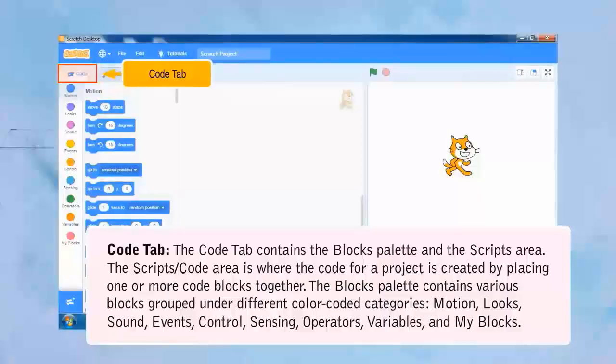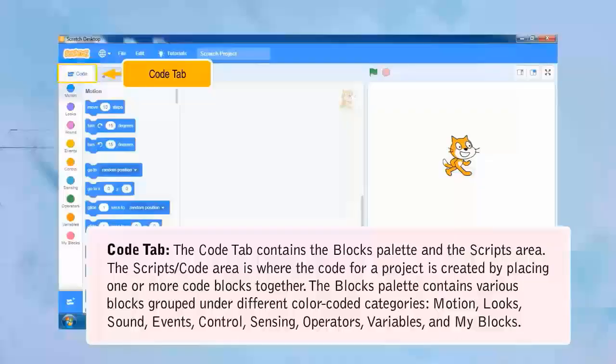The scripts code area is where the code for a project is created by placing one or more code blocks together. The blocks palette contains various blocks grouped under different color-coded categories: motion, looks, sound, events, control, sensing, operators, variables,